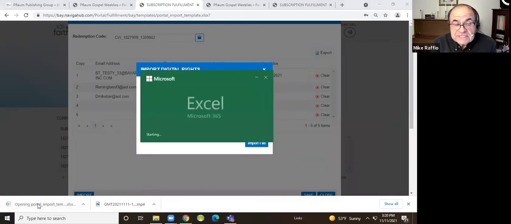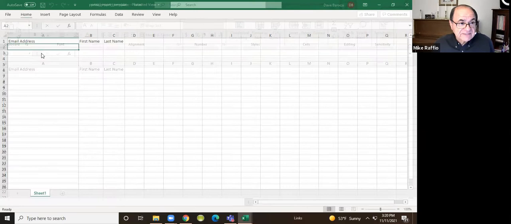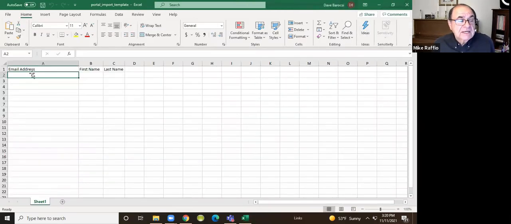It asks you for the email address, the first name, and the last name. So the same information that Dave was just entering directly onto the portal, you could do it this way because you may already have files for your classes. And if you do, it might make it a lot easier for you to register everybody by just taking it from a file that you already have.